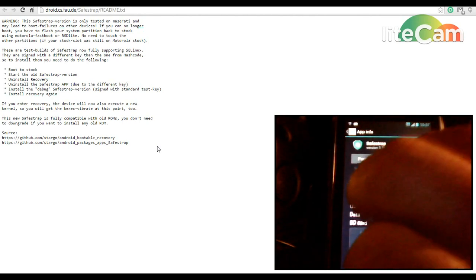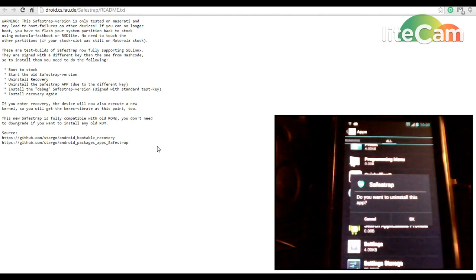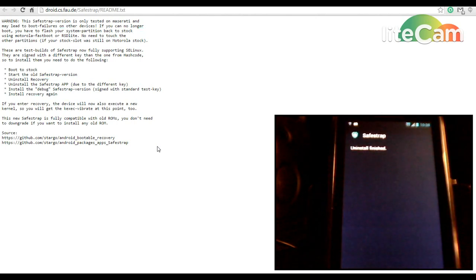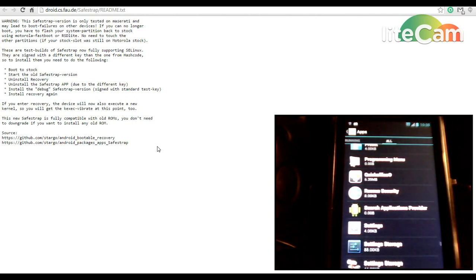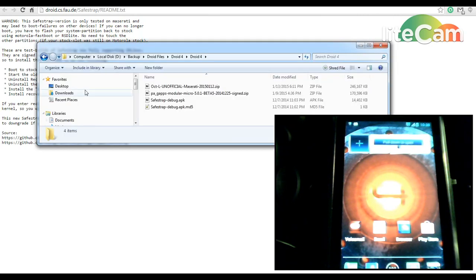And go ahead and uninstall. If you want to uninstall this app, click OK. And then you want to place the new Safestrap app on your phone,